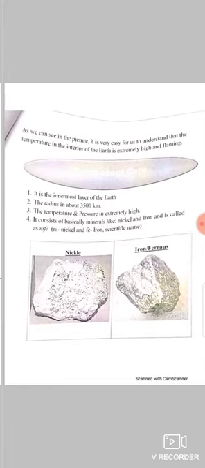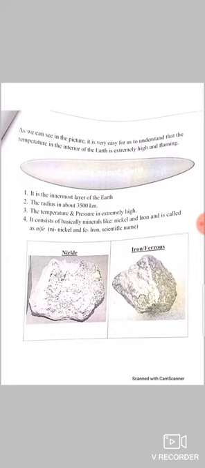It is the innermost layer of the earth. The radius is about 3500 किलोमीटर. जो रेडियस होती है इसकी वो 3500 किलोमीटर होती है. And the temperature and pressure are extremely high, बहुत ज़्यादा हाई होता है. And it consists of basically minerals. हर लेयर्स के अंदर मिनरल्स हैं. जैसे ओशनिक क्रस्ट अभी आपने पढ़ा, कंटिनेंटल क्रस्ट, these are the Sima and Sial, and in the mantle there is magnesium oxide, and here it is iron and nickel. And to form these words, it becomes Nife.